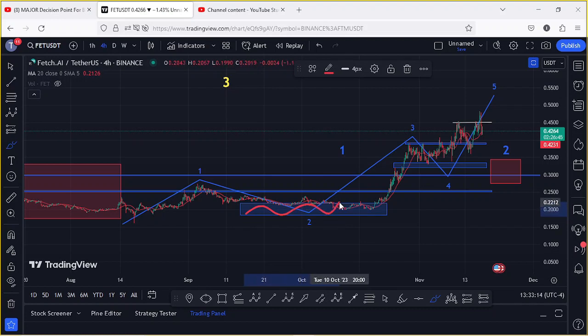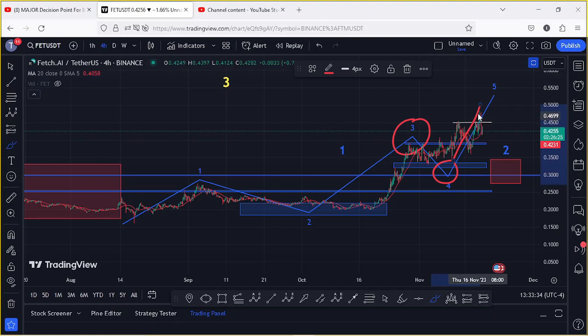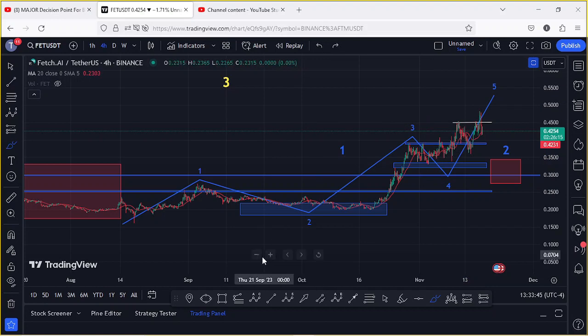We fully maximized the area, and then we saw a reaction to the upper side in the formation of this wave 3, giving us a high in the formation of this wave 3 above the $0.41 mark. Then we saw a pullback in the formation of this wave 4, and then finally we have seen this last push to the upper side, giving us a high above the $0.485 mark in the formation of this wave 5, which is an area that I gave you yesterday using the